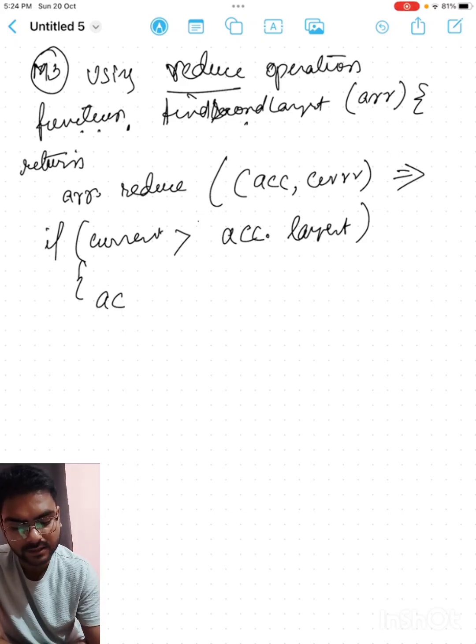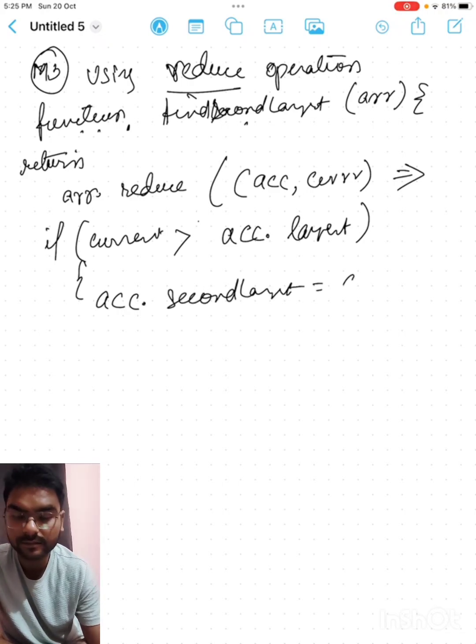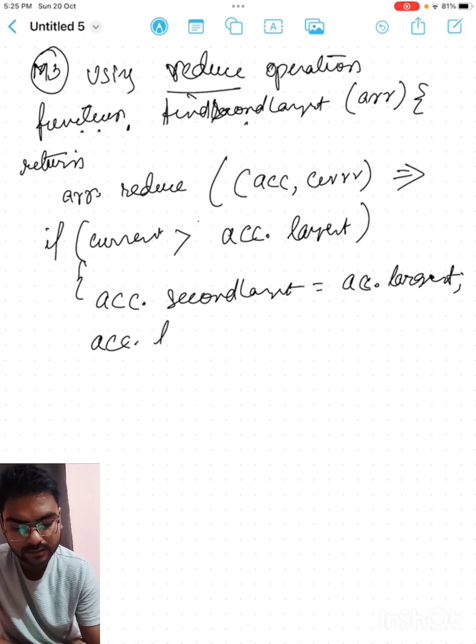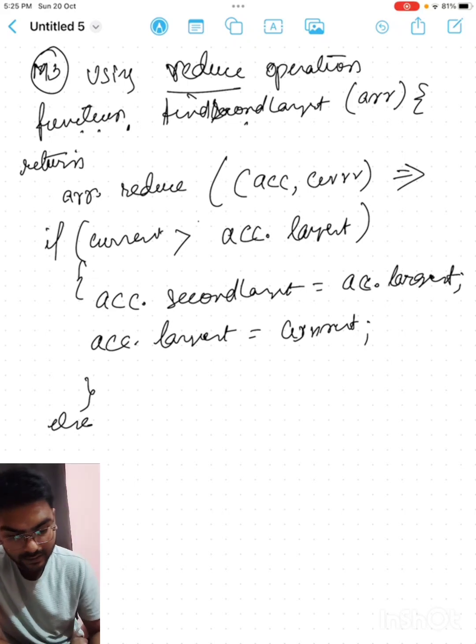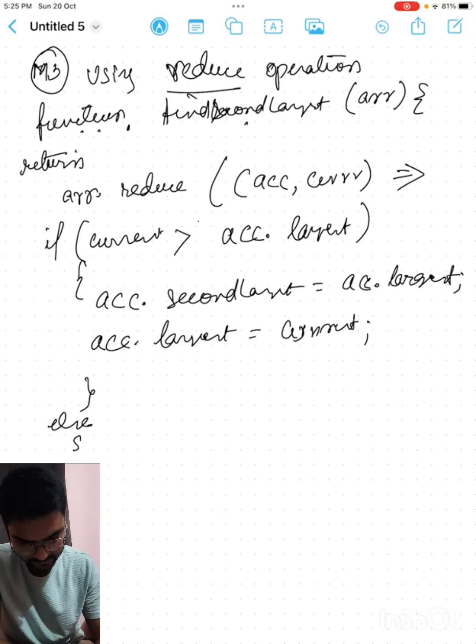First we will initialize accumulator dot second largest equal to accumulator dot largest, first initialization. Then what we will do, accumulator dot largest equals to current. Again one else also, and then if